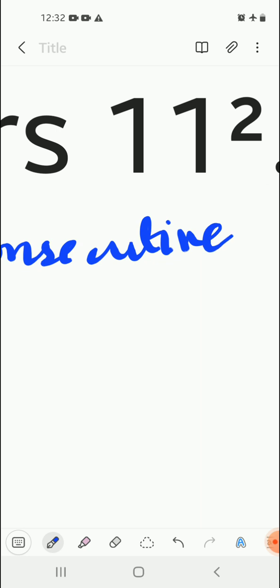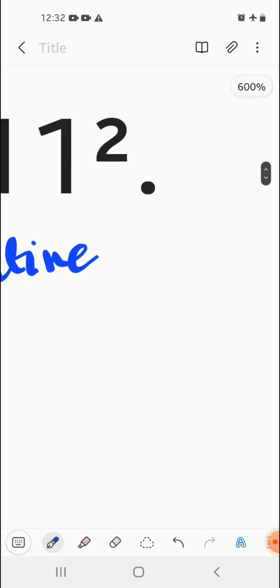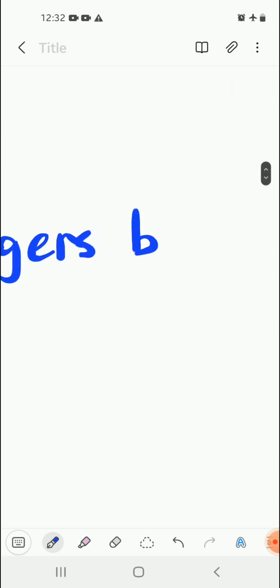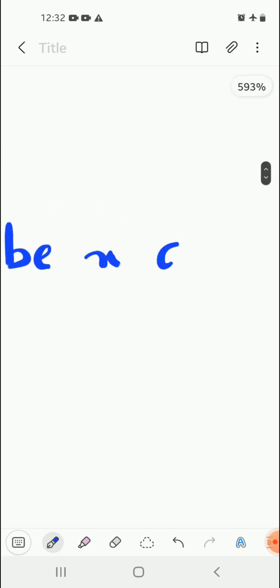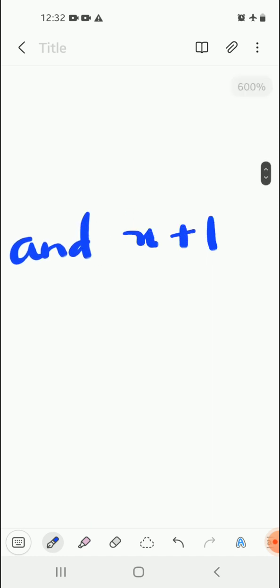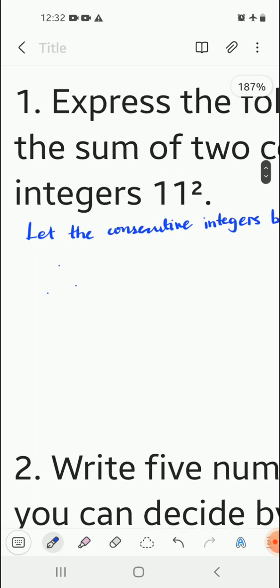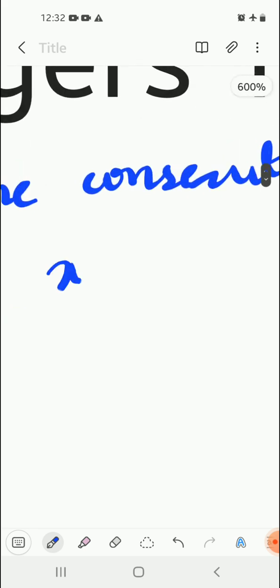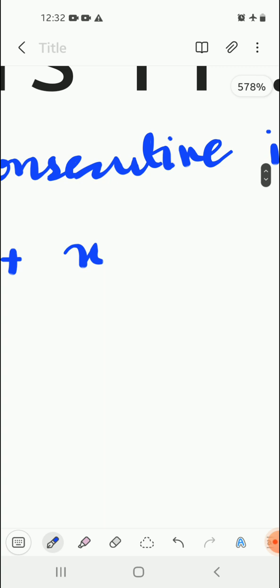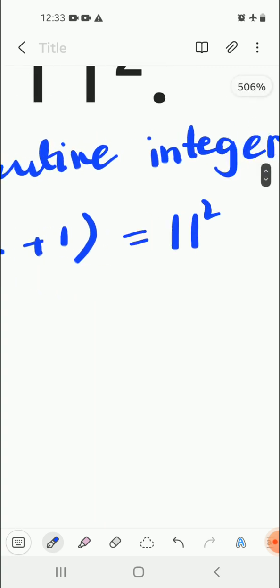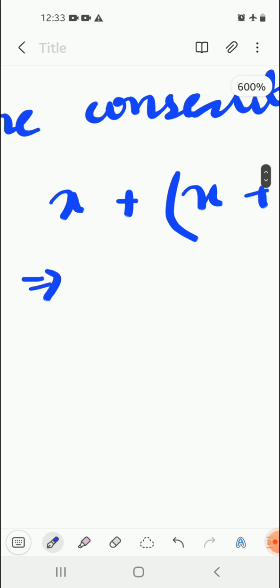Let the consecutive integers be x and the next number will be x plus 1. Therefore we can say that the first number x and the next number x plus 1 are equal to 11 square. So x